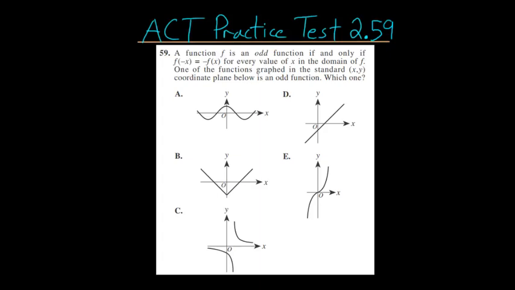For the 59th problem on the second ACT practice test, a function f is an odd function if and only if f of minus x is equal to minus f of x for every value of x in the domain of f. One of the functions graphed in the standard xy coordinate plane below is an odd function. Which one is it? With this problem, it will be useful to know the difference between odd functions and